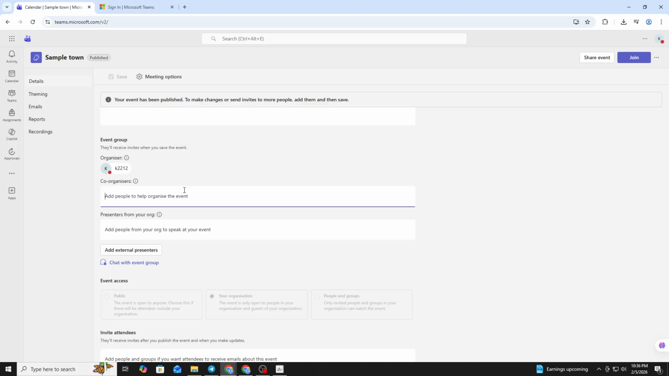When you're done, click Save to apply the changes. And that's it. That's how you preview meeting co-organizers in Microsoft Teams before your meeting begins. This is especially useful if you want to make sure the right people can manage the meeting, admit participants, or